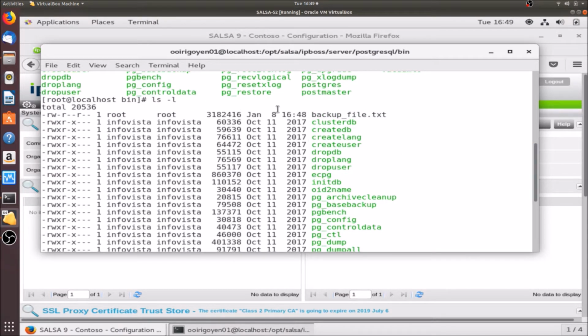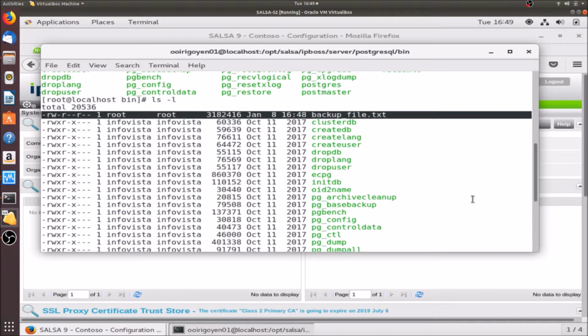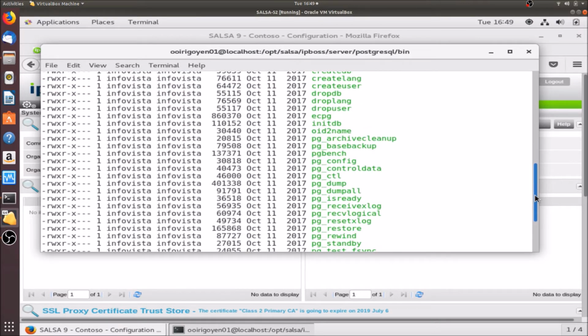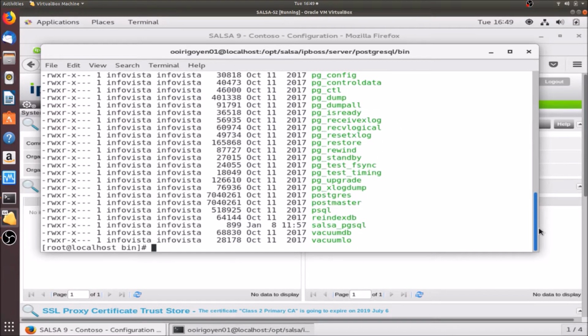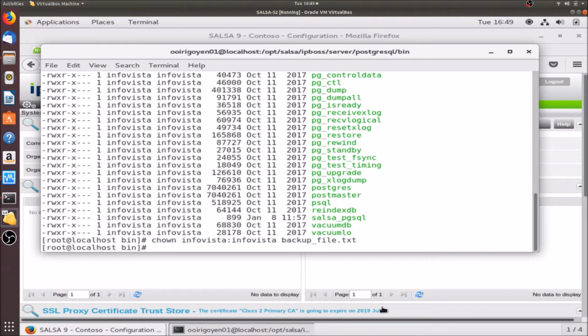So I need to change that as well, just to make sure this file is in the same group, so InfoVista, and backup. Good. So in this case, I need also to run a command